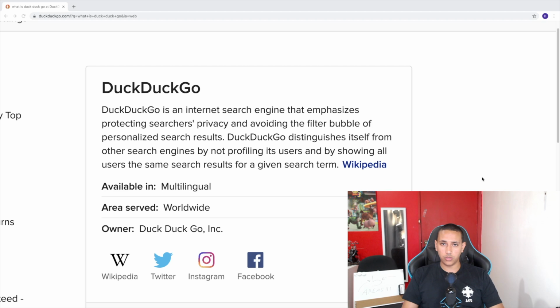Well, it means that when you type in anything in DuckDuckGo, let's say you type in restaurants near me, or you type in something like dog vets, or you type in is vaccination a bad thing, DuckDuckGo will simply provide you with the information or the search results based on the keywords that you've entered. It checks vet, it checks dog, it checks vaccines, are they good, are they bad, and it shows you answers or results based on those keywords.